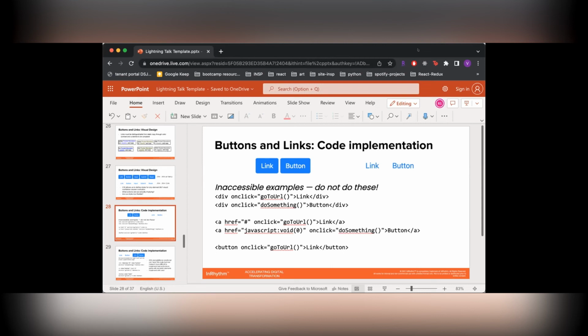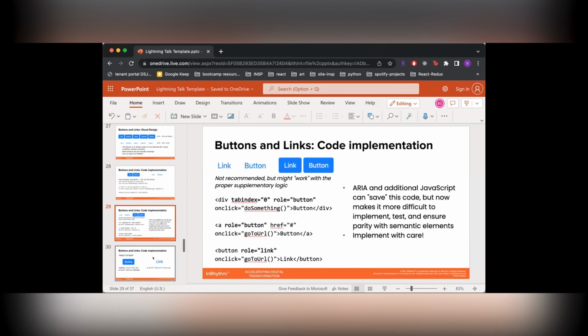Because a div has no semantic meaning, there's nothing that communicates that it's interactive, and there's nothing even that would communicate that action, either if it's going to go somewhere else or if it's going to do something on the screen. None of that is communicated to those who are using screen readers. So if we further look at these code examples, it is possible for this code to be saved using ARIA, but of course that does further complicate